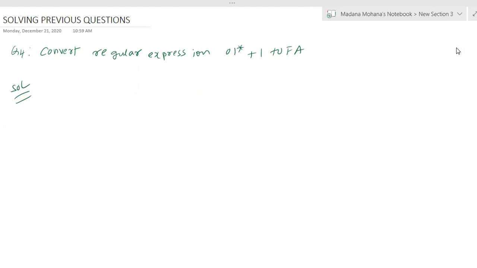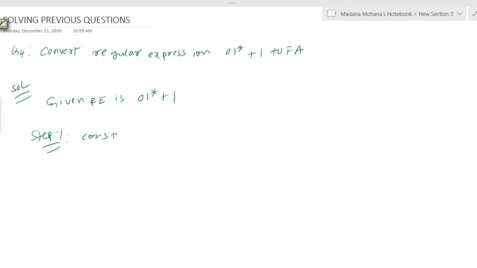In second unit, during regular expressions, we solved many problems. So directly you can solve. First you can take the given regular expression, 0, 1 closure plus 1. So this is in the form of R1 plus R2, union form. We know how to construct its automaton with epsilon moves. The step 1, what you have to do,